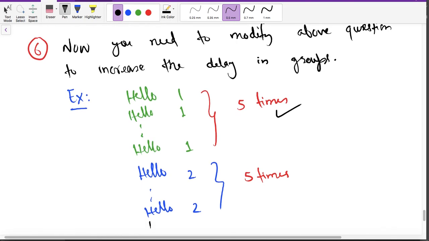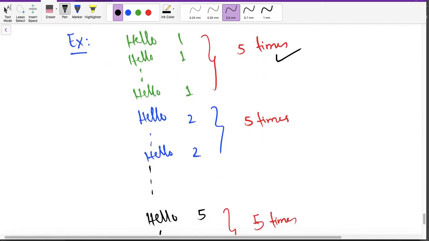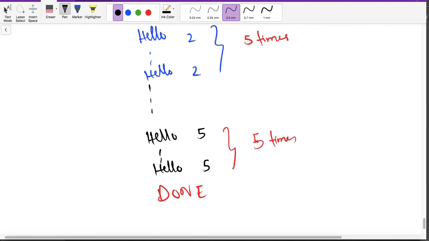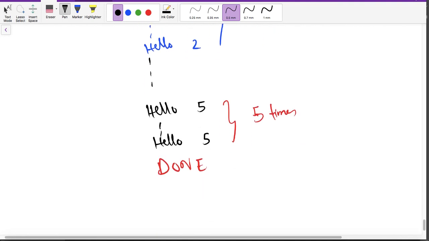Similarly, you then increase the delay in another group, and that will also print hello 5 times, with delays of 2 seconds each, or it will show an alert after every 2 seconds, and so on. It will go till hello 5, printing it 5 times, and at the end it will print done.